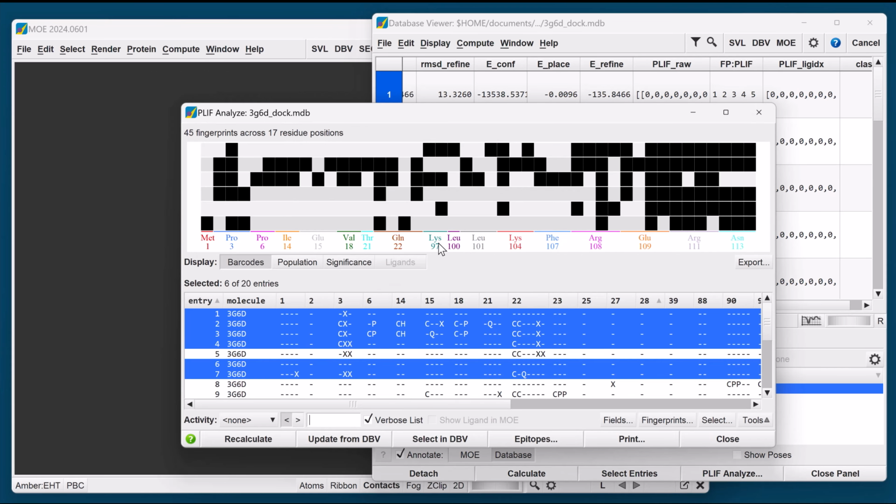So this opens the PLIF panel, which has a barcode representation of the interactions at the top. So the top part of the panel is telling me whether an interaction occurs or not. The middle part of the panel displays the epitopes that are involved, and the lower portion provides detail on the type of interaction. So here I can see that we've got the 6 rows for the 6 poses associated with